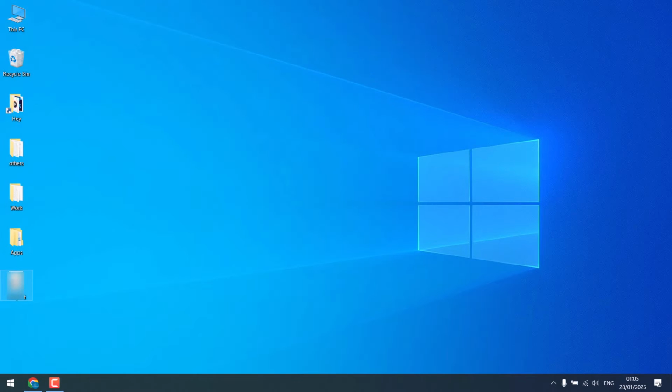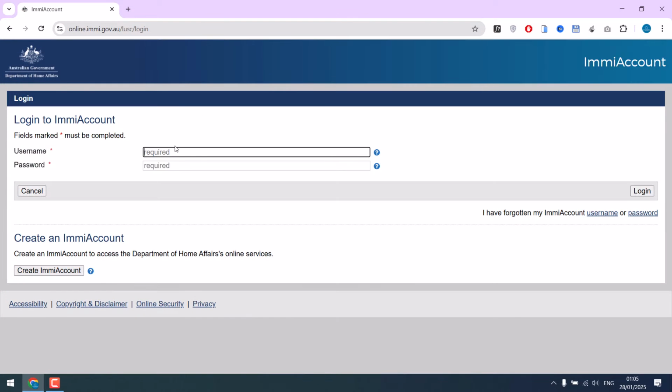Hi guys, here is how you can update your passport details with Australian immigration. Make sure you have the new scanned passport before doing this. Quickly log into the immigration website